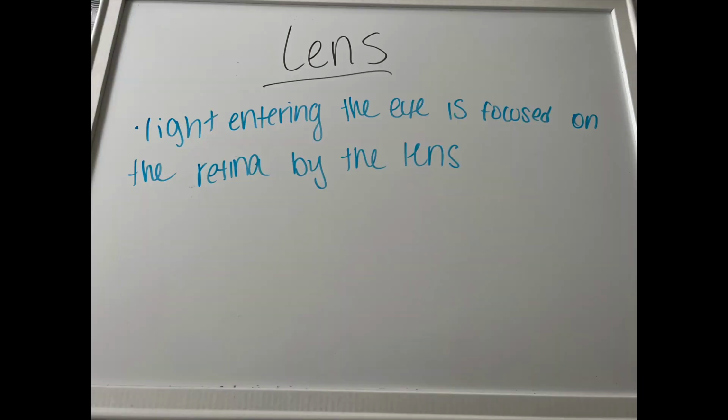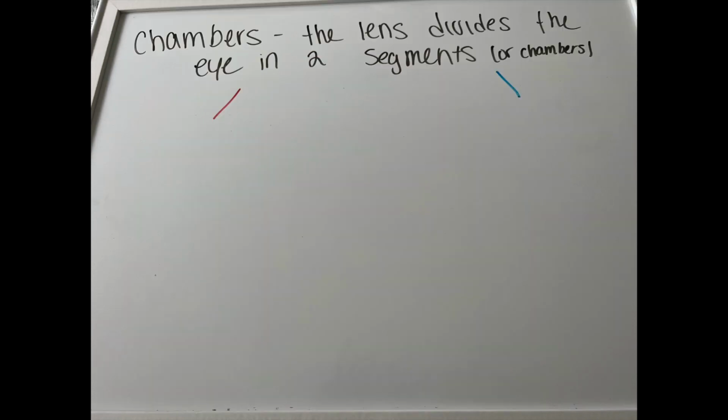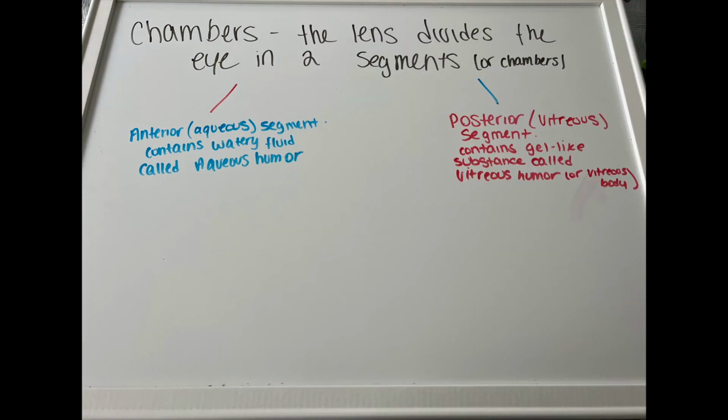The lens. Light entering the eye is focused on the retina by the lens, a flexible biconvex crystal-like structure. Chambers. The lens divides the eye into 2 segments or chambers. The anterior or aqueous segment is anterior to the lens and contains a clear watery fluid called aqueous humor. The posterior or vitreous segment is posterior to the lens and filled with a gel-like substance called vitreous humor